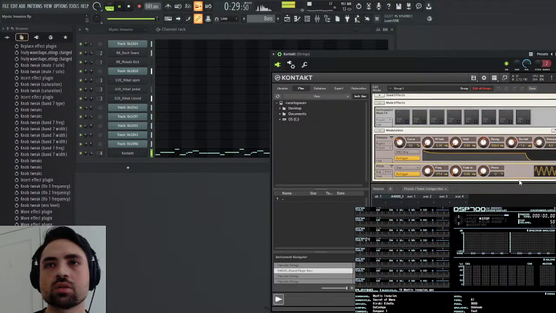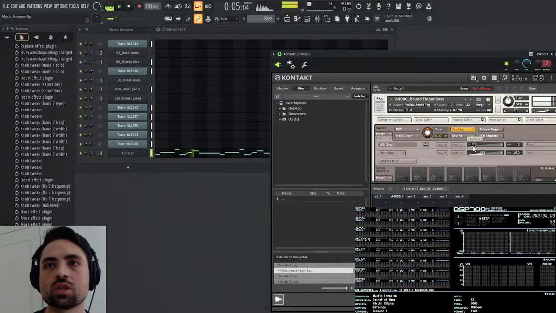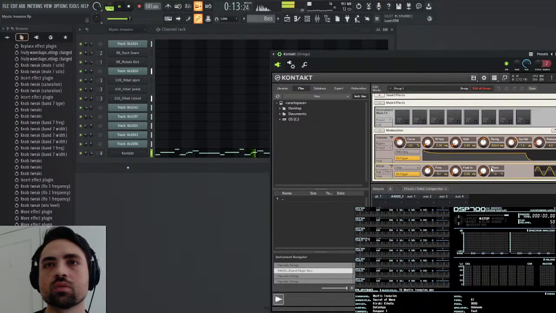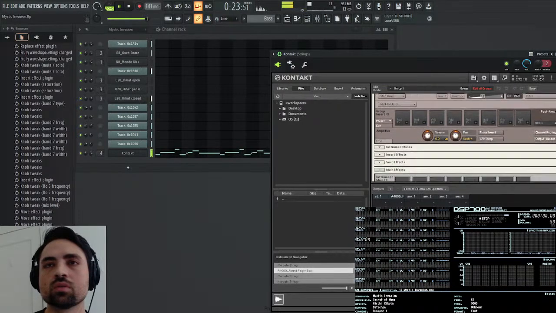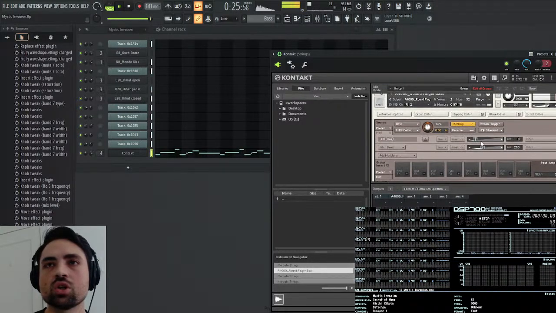There it is. So let me go like 40. And let me give it a fade in, like 100 milliseconds. Or maybe 63. Let me make it not as strong. Maybe 33.